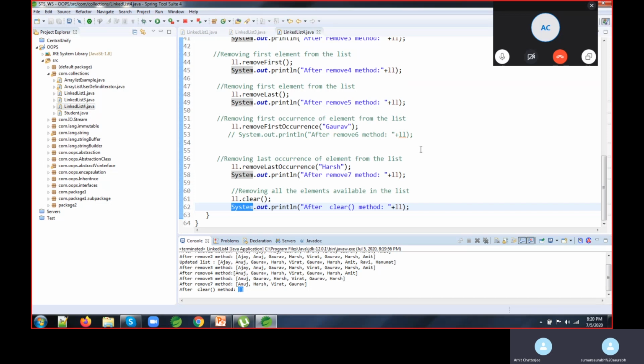So collection, first part, list is done. Next class we'll see HashSet, LinkedHashSet, and TreeSet. We'll finish this collection by next week. So the set will be finished, and in the next class map will be finished. Then collection will be finished.